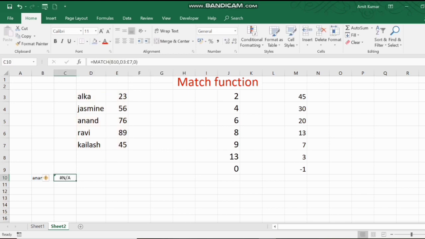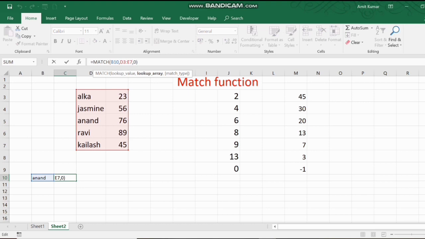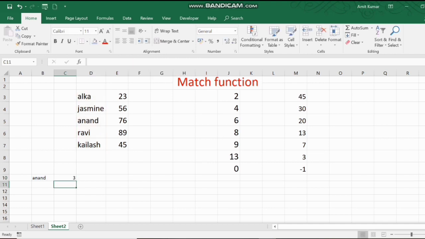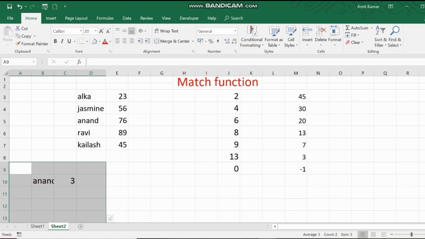So we go into this formula, backspace, and again select this one column and then enter. Then you will find the value 3. It means Anand is in the third position in this column. Alright. I hope you understood this.